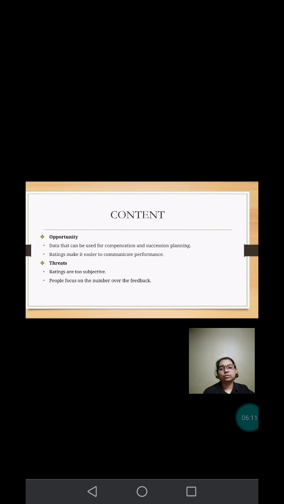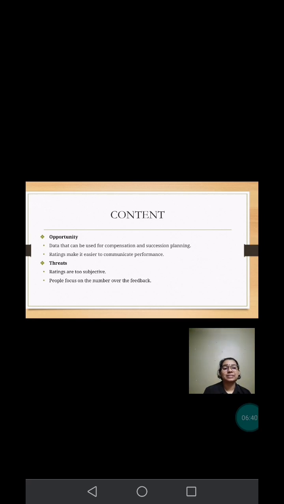And the last one will be threats. The first one is ratings are too subjective. While it's great to have all the very specific data that are easy to visualize and pass, a rating system is only as good as how things are defined. While a number on a grading scale feels pretty easy to interpret, that's just the problem. Managers are human and have very different interpretation